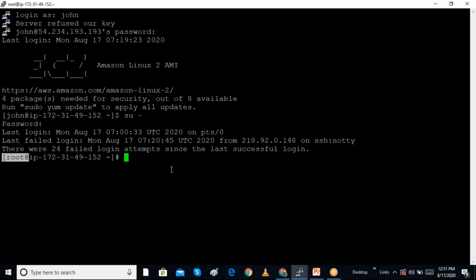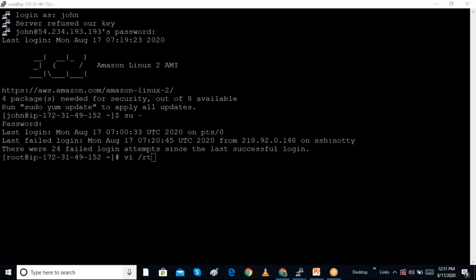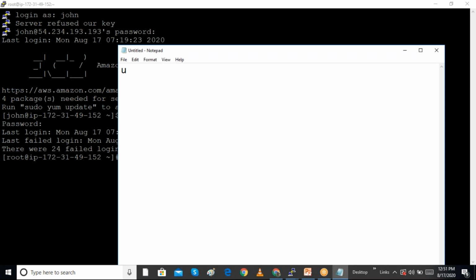Now when we create a user, like I previously created a user, the username and everything will be stored in one file. I am going to open this configuration file. Anytime we create a user, the user information is stored in a file. I just ran useradd and created the username John, and after that I gave the password for the John user. Now I can check the configuration file.